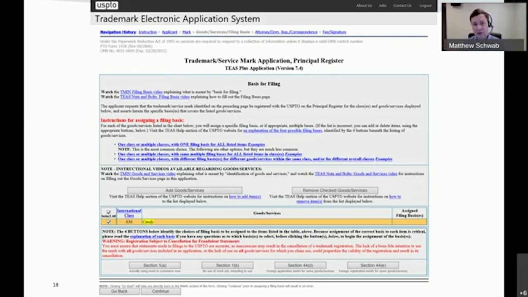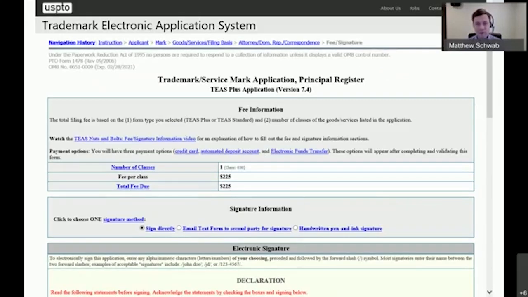Again, you would know if you need to use the 44D or 44E option because you would have a foreign registration or foreign application that you were using as the basis of it. So if you're not sure what those mean, you don't need to use them. But the 1A means I can take a picture of it right now. I've got a package. And 1B means I don't have it yet, but I will soon. All right. We're going to proceed as though we filed a 1B, and so we won't need to upload a